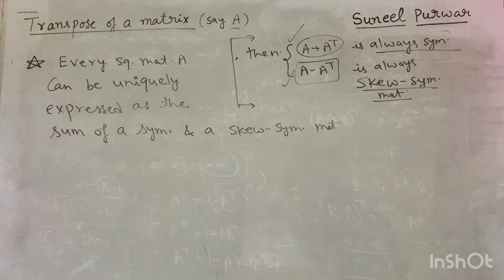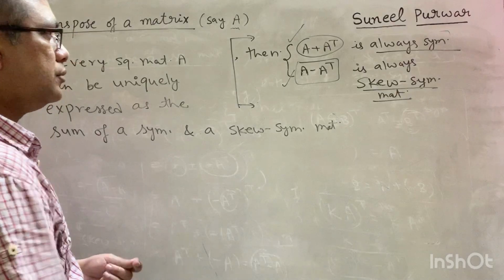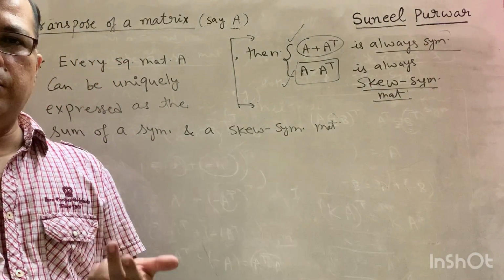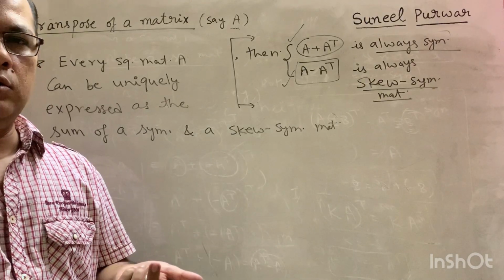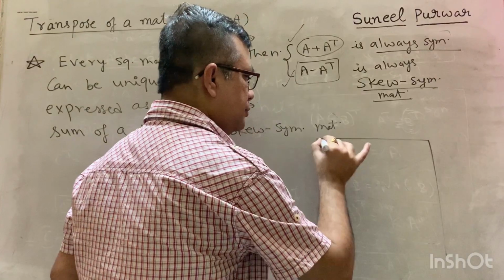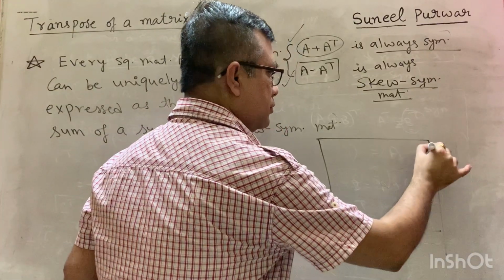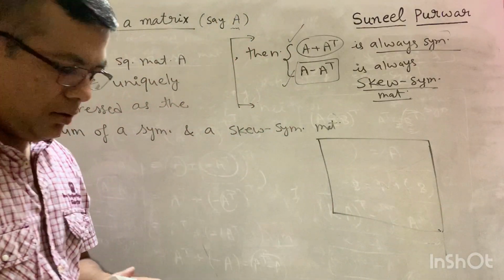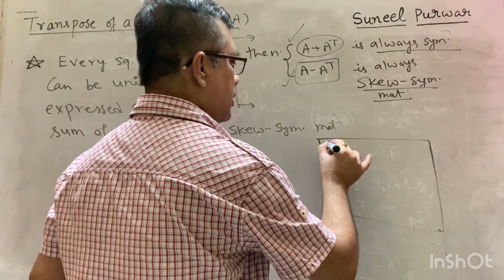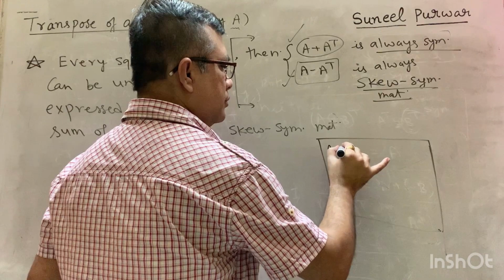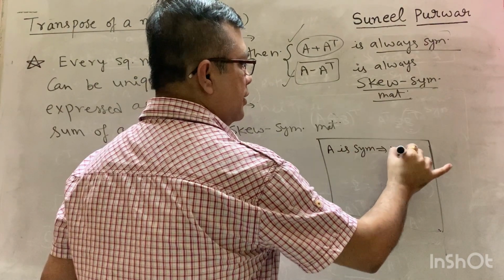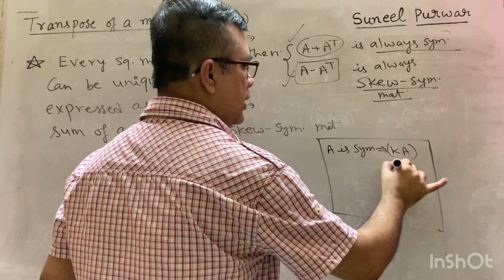ओके, तो देखो इसके पीछे का लॉजिक क्या है. पहली चीज तो ये समझ लो, अगर कोई मैट्रिक्स सिमेट्रिक है तो उसमें कोई नंबर मल्टीप्लाई करोगे वो भी सिमेट्रिक होगा. ओके, तो यहां पर एक छोटा सा ऑब्जर्वेशन मैं कर दे रहा हूं. That is, A is symmetric implies KA is also symmetric.